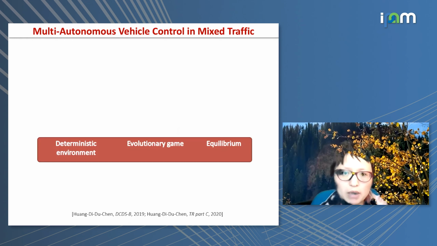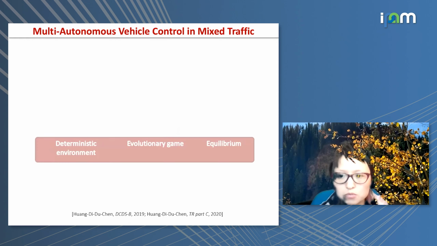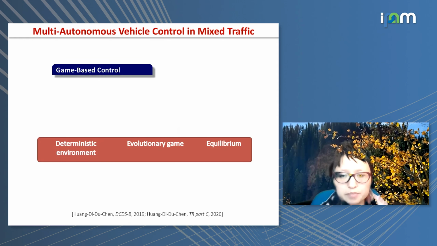But we want to model how they actually dynamically interact with each other. So it's more like an evolutionary game, and our interest is the equilibrium. So what does the equilibrium look like? That's why in the first part I will talk about the mean field game-based control and how we understand